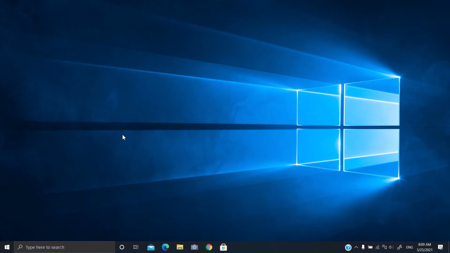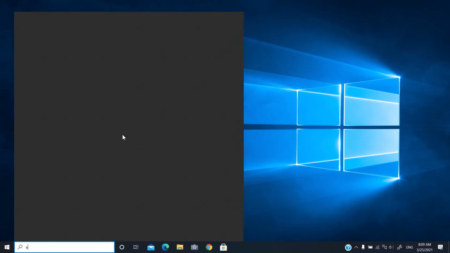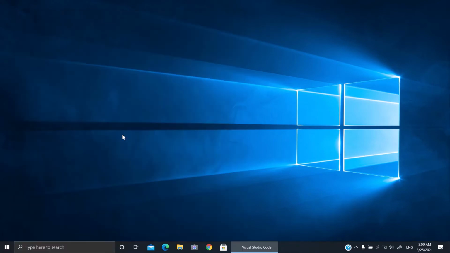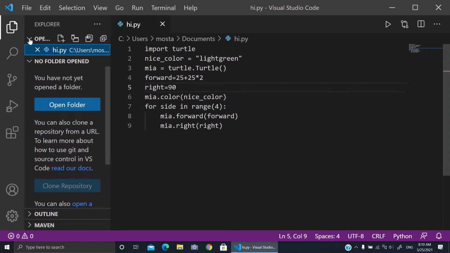Everybody, welcome. Today we're gonna make a project. We're gonna make a rainbow shape, a rainbow hexagon, a rainbow triangle, using Python. Okay, so let's start by opening our Visual Studio Code, and in the description below I will give you